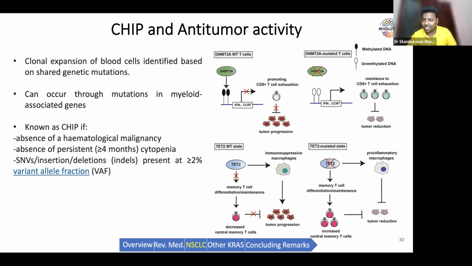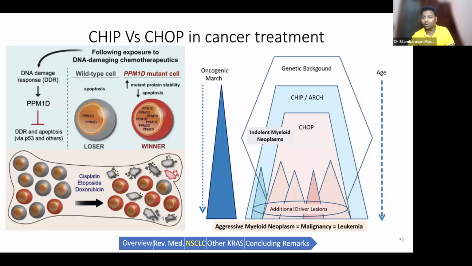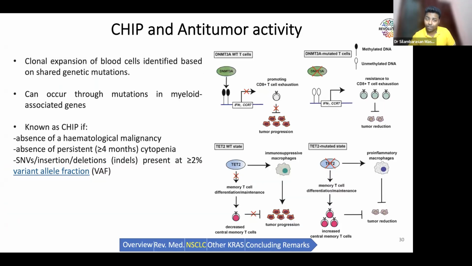You need to always check this with tissue testing. Only in tissue testing can you identify whether a variant above 2% has the potential of becoming CHOP or not. So you need to identify that. Other than this, what other important parameters does the CHIP mutation have? If the CHIP is confirmed, or if the CHIP is becoming a CHOP molecule,